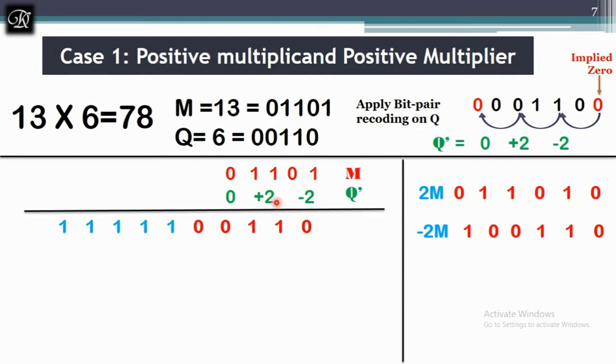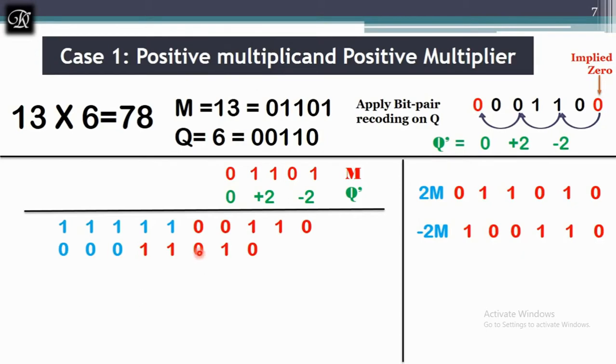And next I have positive 2, that is 13 into 2, 26. I have an answer over here. Directly I will write it. But there is one more rule. In the previous case we used to leave 2 spaces over here. One space we are going to leave. But here you have to leave 2 spaces. You should not start with this position. You should start with this position here. That is the one more rule of the bit pair. Now you can see this is 26 and 26 has a positive sign. So we are going to extend it with zeros. Next I have 0.